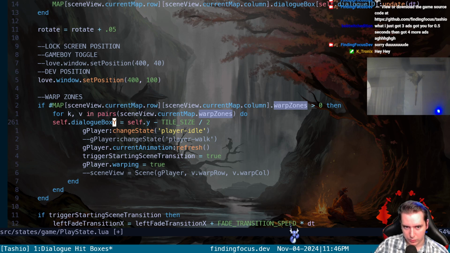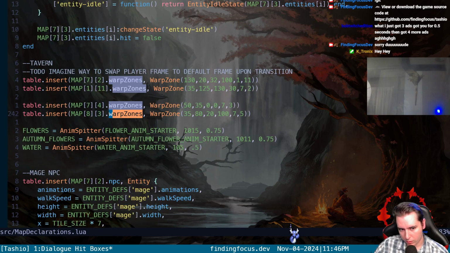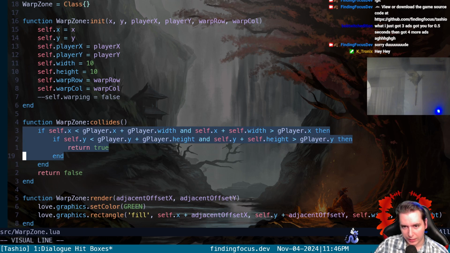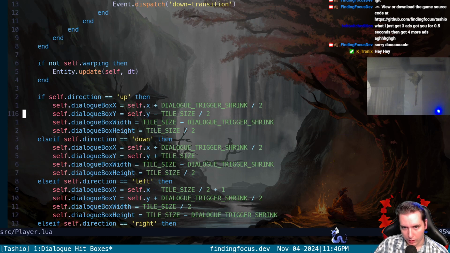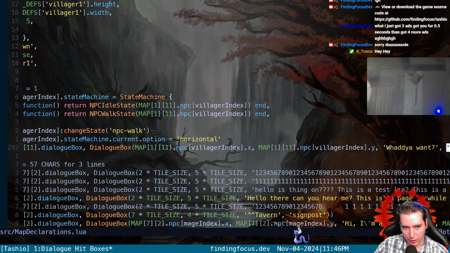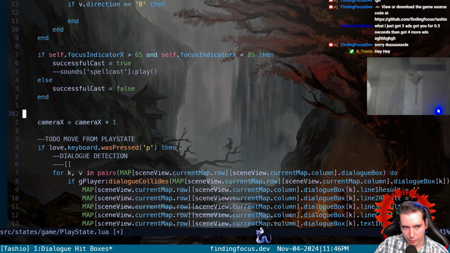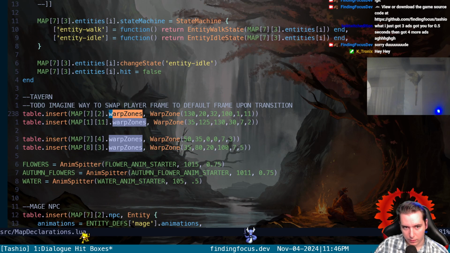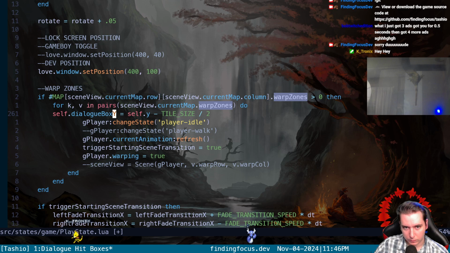where is our warp zone collider? Warp zone collides is checking against the global player. Okay. So that's why it doesn't take any parameters. It's just checking against the global player. So, wait, where are we? Okay. And then once we check through the warp zones, we're seeing